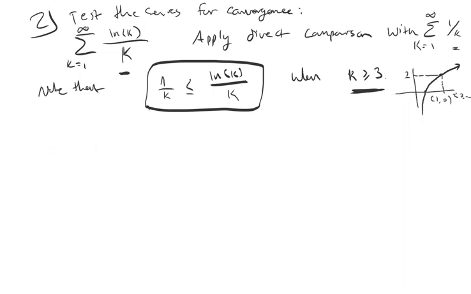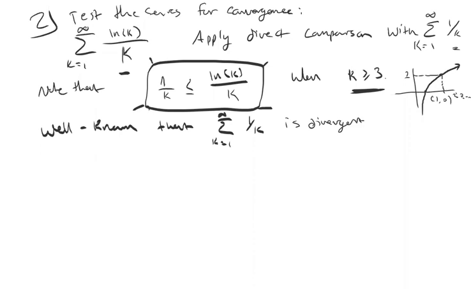But yeah, we can go ahead and say this one is pretty obvious. Okay, so we have our inequality proved here, and now we need to say, okay, well, it is well known, and we can prove this by p-test again, that the sum k equals 1 to infinity of 1 over k is divergent. It's kind of the prototypical example of a divergent series, which tells us, therefore, the sum,